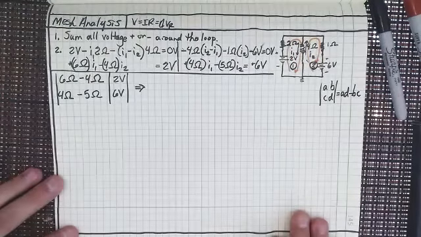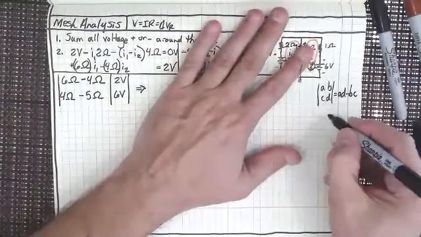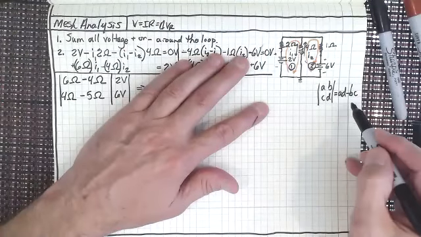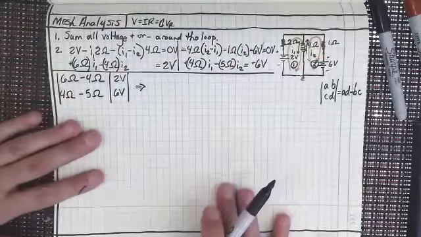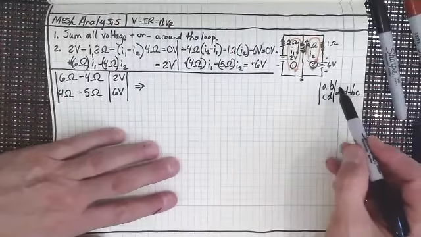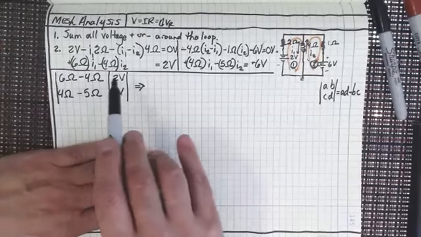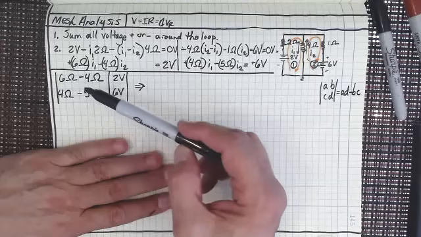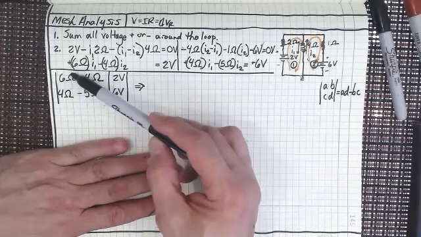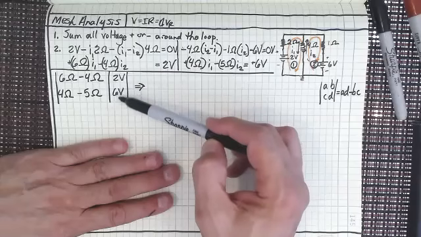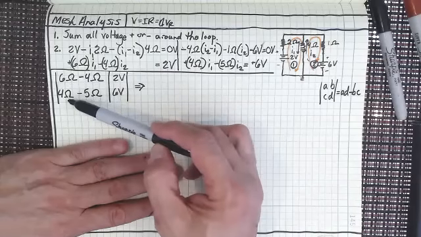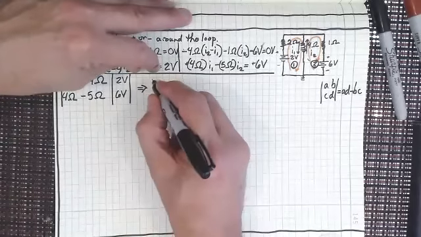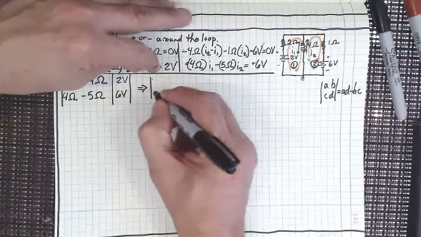Does everybody remember that? If I had a 2x2 matrix like that and wanted to find out I1 and I2 (you should have learned this in math), we can just replace I1's column with the solution column and find the determinant of that, divided by the determinant of the entire thing. So let's do the determinant. Let's find out what is the determinant of